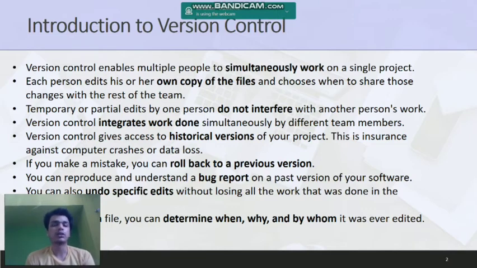You cannot interfere with any other person's work. After the coding of every person on the team is done, you can merge all the changes together, integrate all the work done by your members, and get the full-fledged software or product you are seeking.